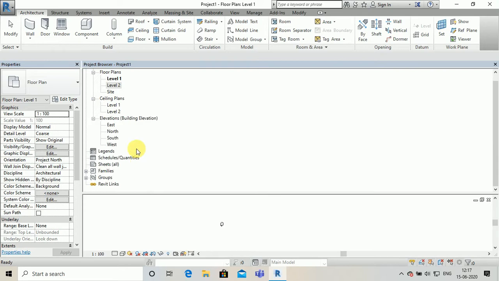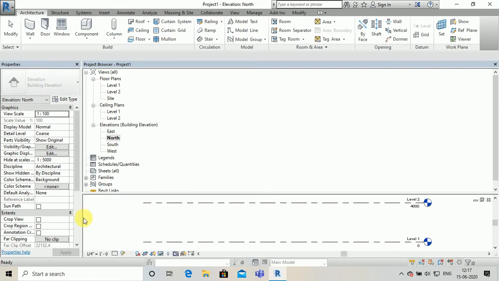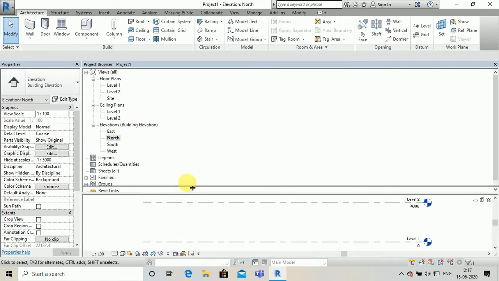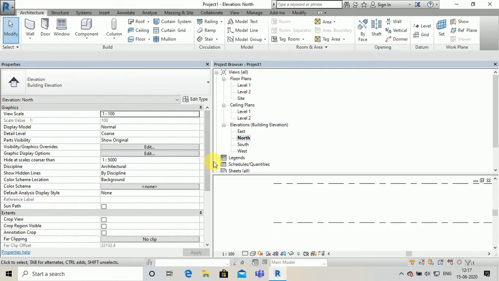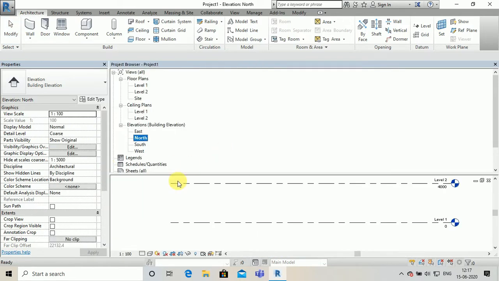Now whenever you click on this elevation view, you will have this view, this one. For clear visual understanding, I have increased this one, so you can see whatever is written here.